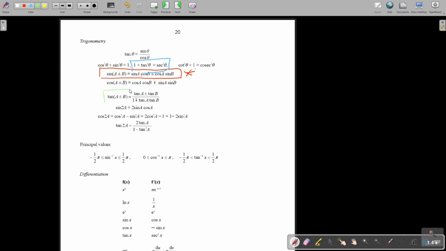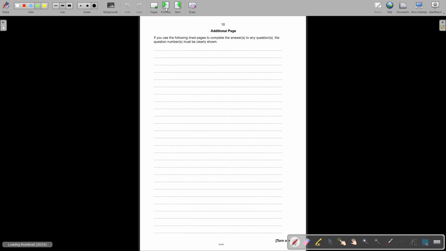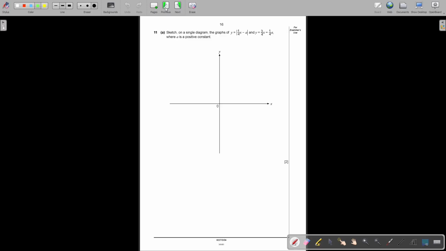So it's tan of x plus b. Just look, because that was plus. On top it will be tan A plus tan B, and at the bottom, if it's plus on top, then it's 1 minus tan A tan B. So don't make a mistake; the formula sheet can help you. So let's just go back.